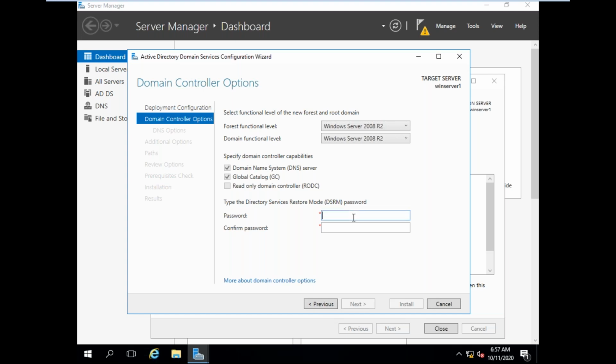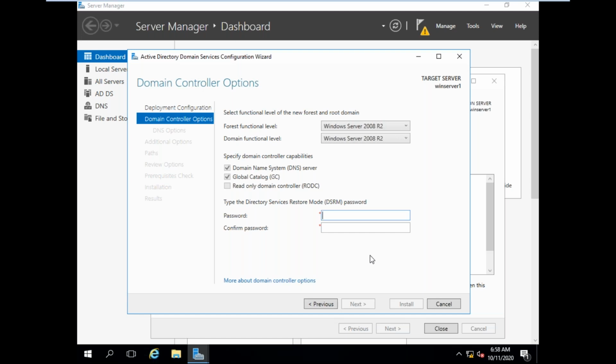Now the password of DSRM. DSRM means Directory Services Restore Mode. If your domain controller is not working properly, generally if our server is not working properly, we go to system maintenance mode. When you go into system maintenance mode, you can select Directory Services Restore Mode. You can troubleshoot your server.